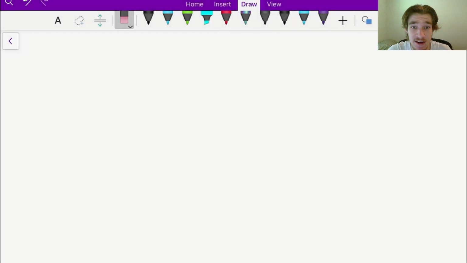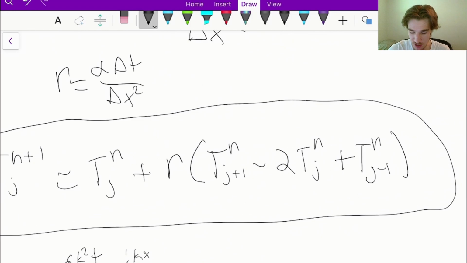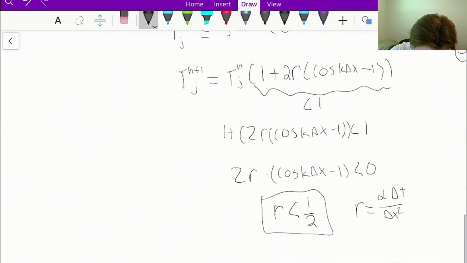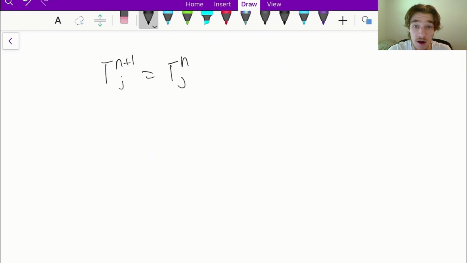So now that we got the value of r, we can go ahead and move on to the Crank-Nicolson method, which takes an average of the temperatures from time n and time n plus 1 at points j plus 1, j, and j minus 1 again. So what that looks like, it's going to be the same equation as we used up here, right? With some added features to the right-hand side of the equation. So let's go ahead and get that down. So we got the temperature at n plus 1 at point j, which is still what we're solving for, equals T at time n at point j,